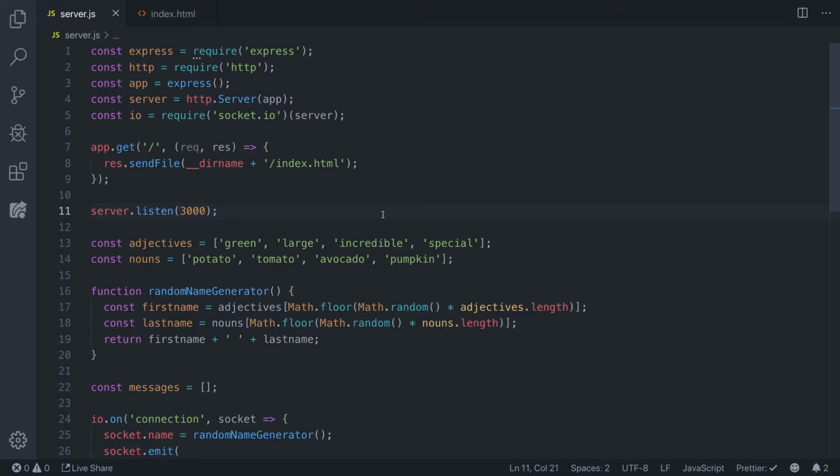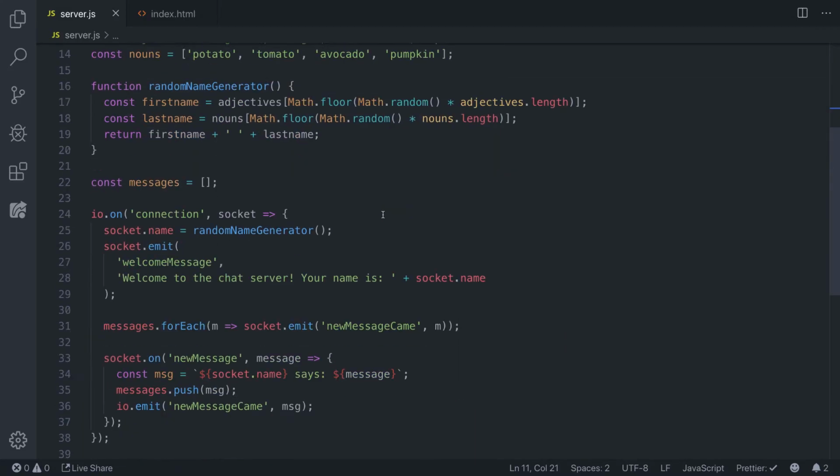So we have Express, we require HTTP, which is the underlying HTTP capabilities of Node.js. We provide the server that's created with the HTTP createServer command, which is provided by Node, to Socket.io. Then we provide a way for the HTML file to be sent to the client, because that needs to happen. We kick off the server, then after that we've got this random name generator. But most importantly, down over here,